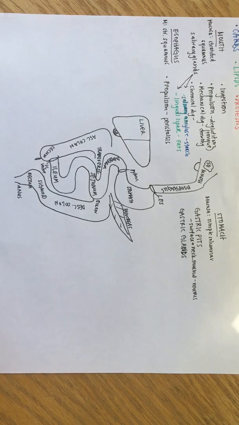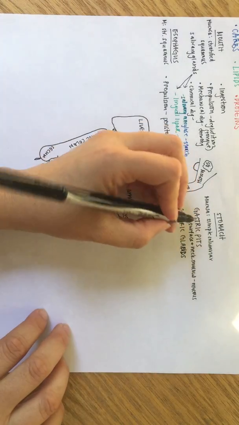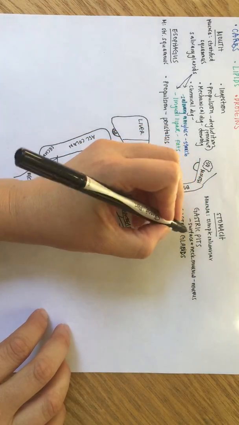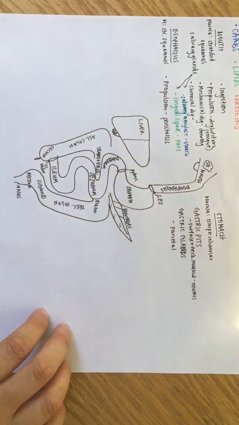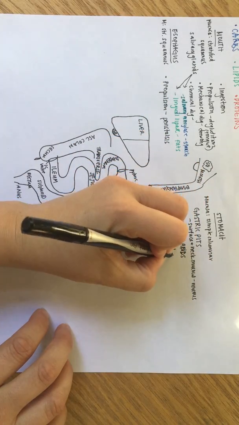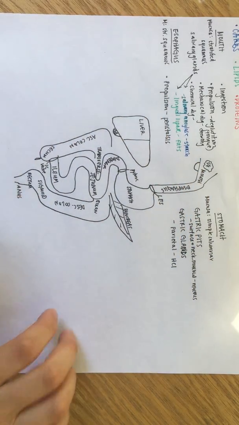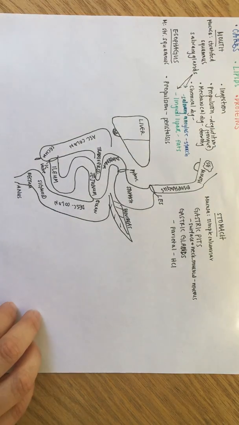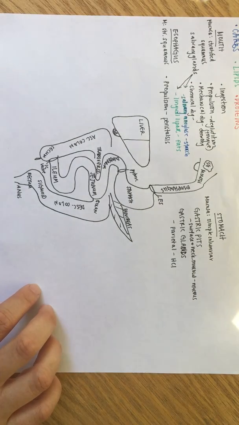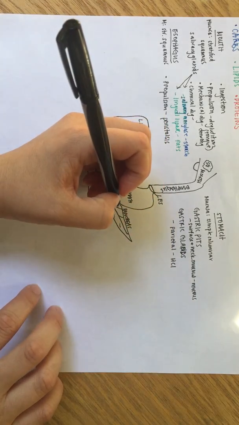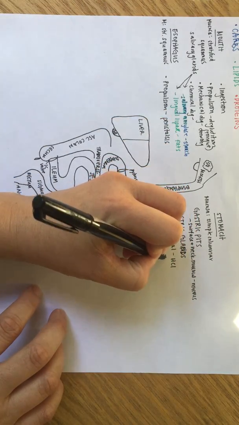So our gastric glands are going to have three important cell types that we care about. So the first one are called parietal cells. So parietal cells are going to make hydrochloric acid, which is very important in keeping bacteria at bay, keeping us healthy, but also in denaturing proteins, which is just kind of preparation for chemical digestion of proteins. So it's not actual chemical digestion or enzymatic digestion, it's just kind of getting ready for it. It's a prep phase. So we're also going to make something called intrinsic factor